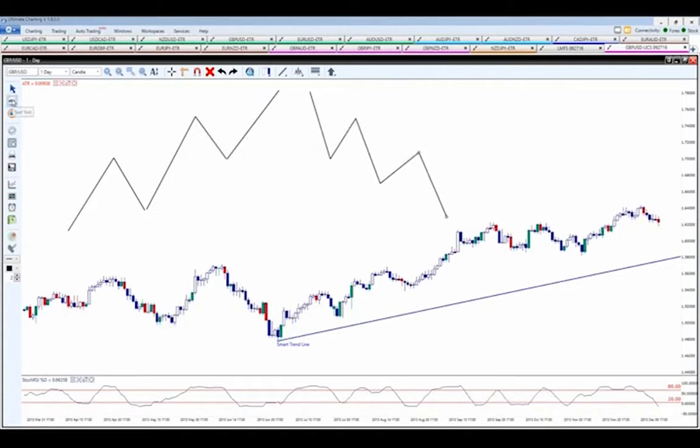Now, what we have found is the market tends to move in what's called an A, B, C, D pattern. And then that pattern repeats, A, B, C, D, A, B, C, D as the market's going up. And then as the market's going down, it's going to do the same thing, A, B, C, D as it's going down. Now, we have a tool that takes advantage of these wave movements that I'm going to show you right now.